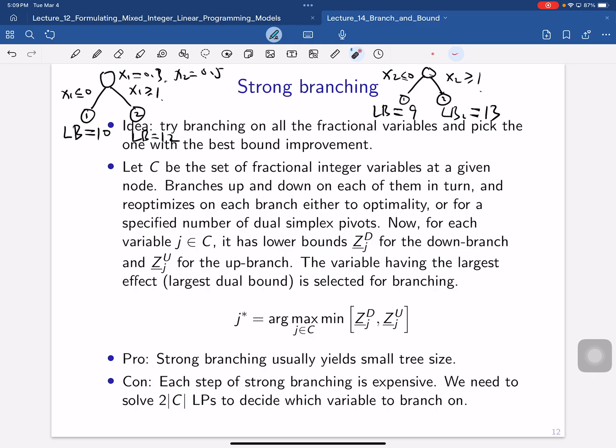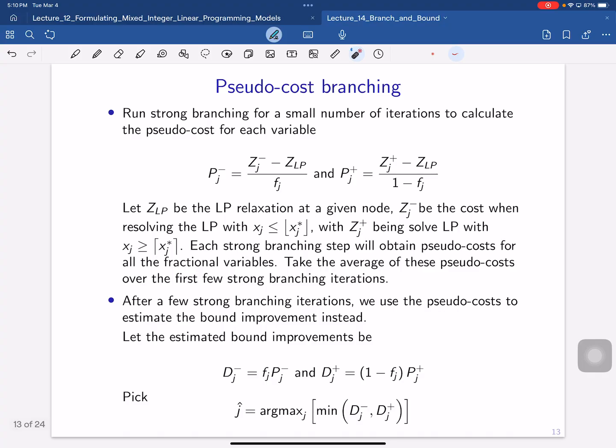Okay, so now let's say strong branching is quite expensive, right? But how do we sort of alleviate this issue here? One of the solutions to mitigate the cost of strong branching is so-called pseudo-cost branching. Let's not look at the math for now. Right? The idea of pseudo-cost branching is let's just run strong branching for a few iterations and see what happens,